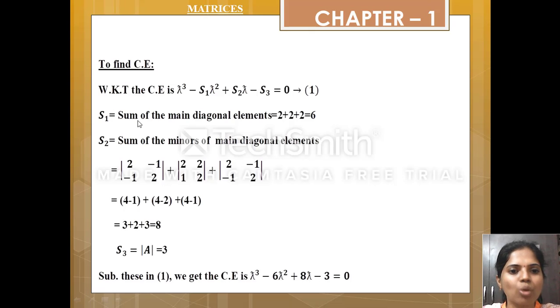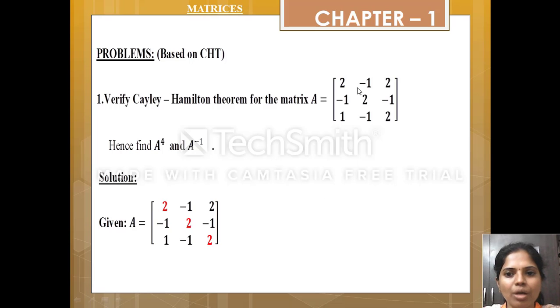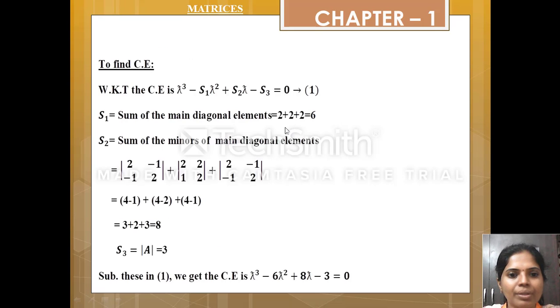S1, as we already discussed, is nothing but the sum of main diagonal elements. Here the diagonal elements are 2, 2, 2. So the sum of main diagonal elements is 2 plus 2 plus 2, which is 6. The next one is